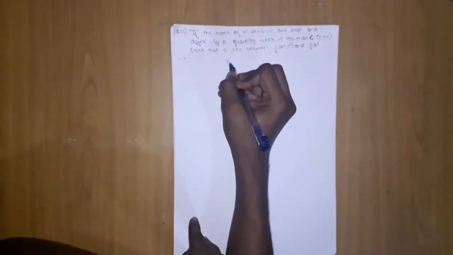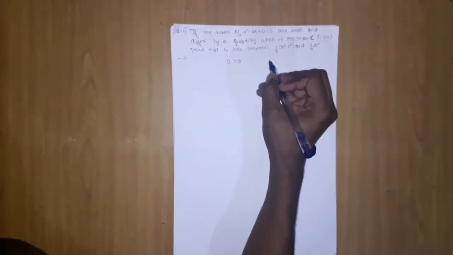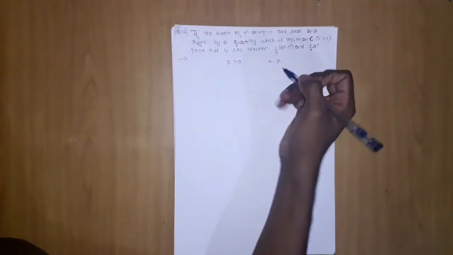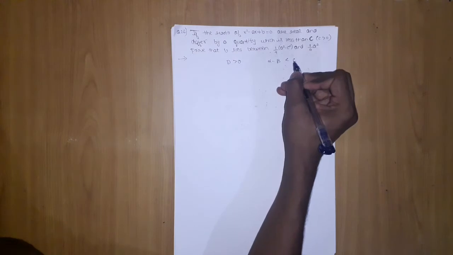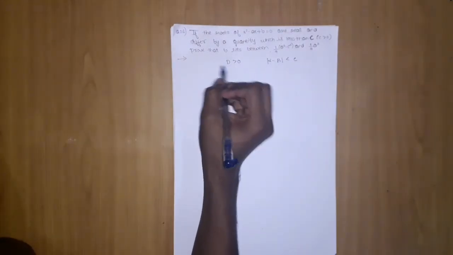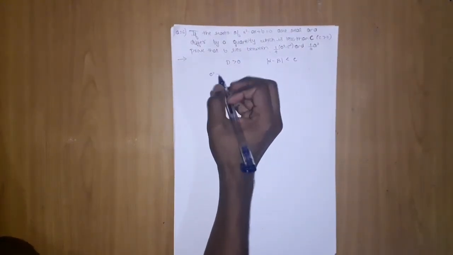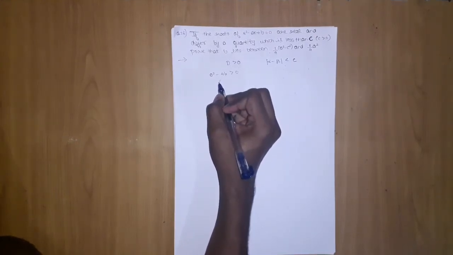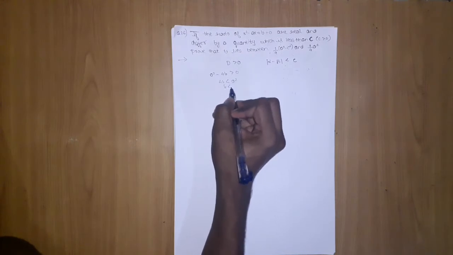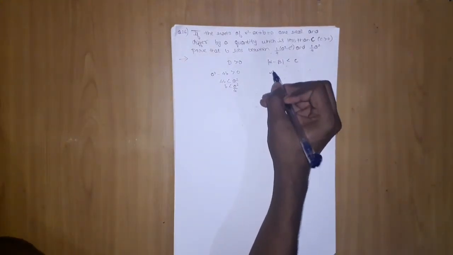Okay, now how will we prove this? They have given us one condition, which is that D is real, means D is greater than 0, and the second condition which they have given is that if alpha and beta are the roots, then they differ from each other by an amount less than c. And when there is a difference and we don't know the root's nature, we take the mod. Now first, from this condition we get a square minus 4b should be greater than 0. Then 4b should be less than a square, so b should be less than a square by 4.